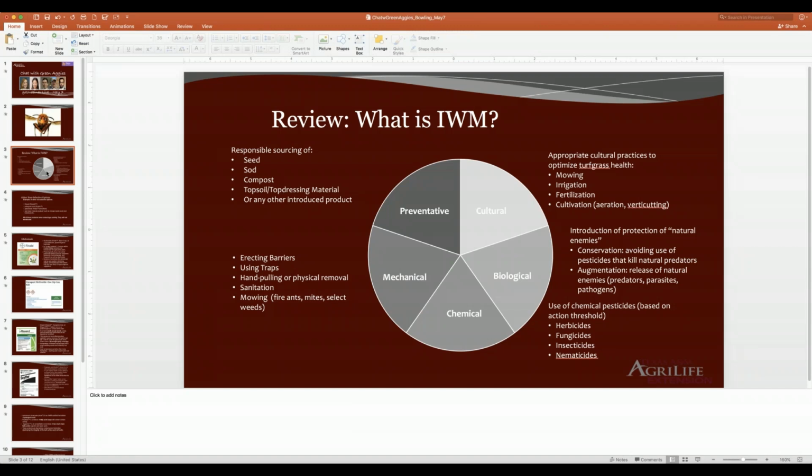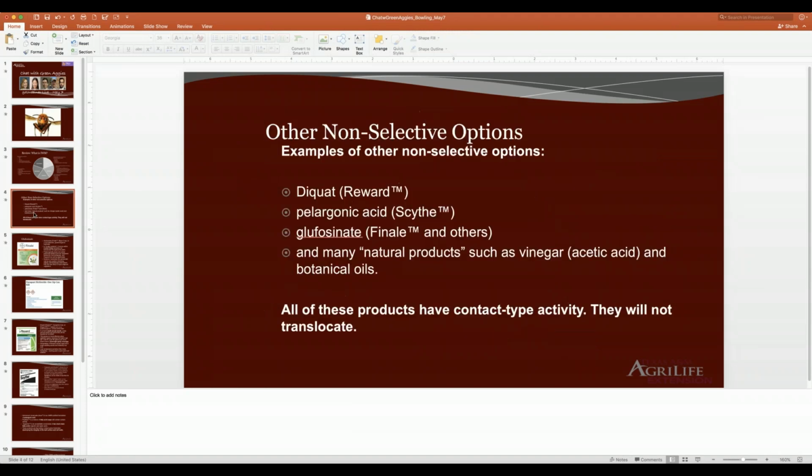I always start by re-emphasizing the importance of integrated weed management, making sure that you have a holistic program to preventatively and culturally reduce weed pressure in the landscapes that you're managing. And then when it comes to alternatives to glyphosate, one of the things that makes glyphosate—